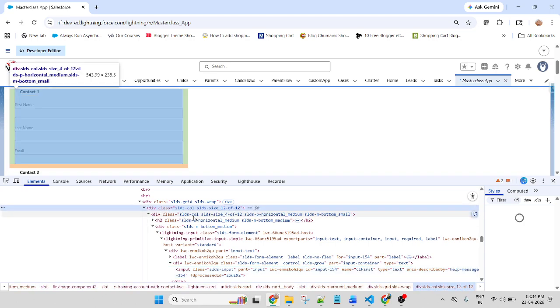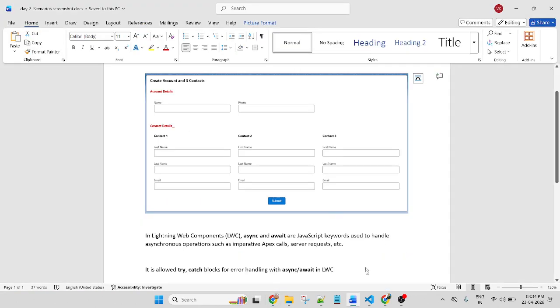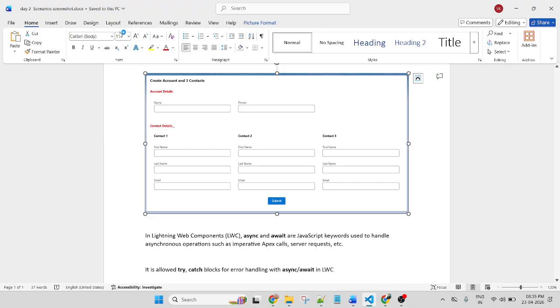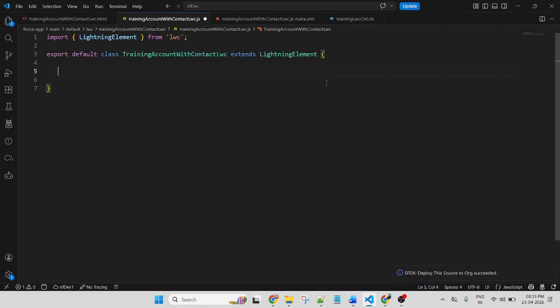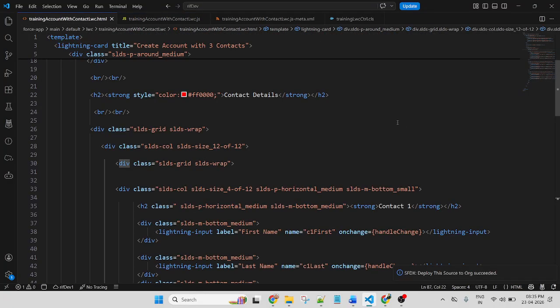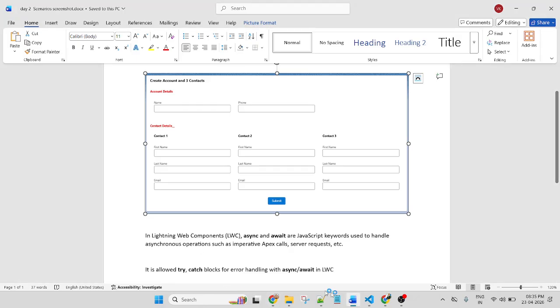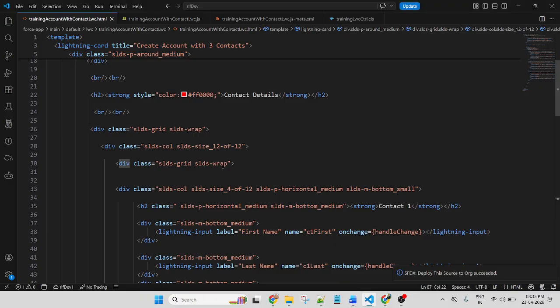This is 12, but I put a grid, not reflecting my changes. Refresh again. You have deployed it, right? Once you deploy once again, my changes are not reflecting. Below this div, I added another div.